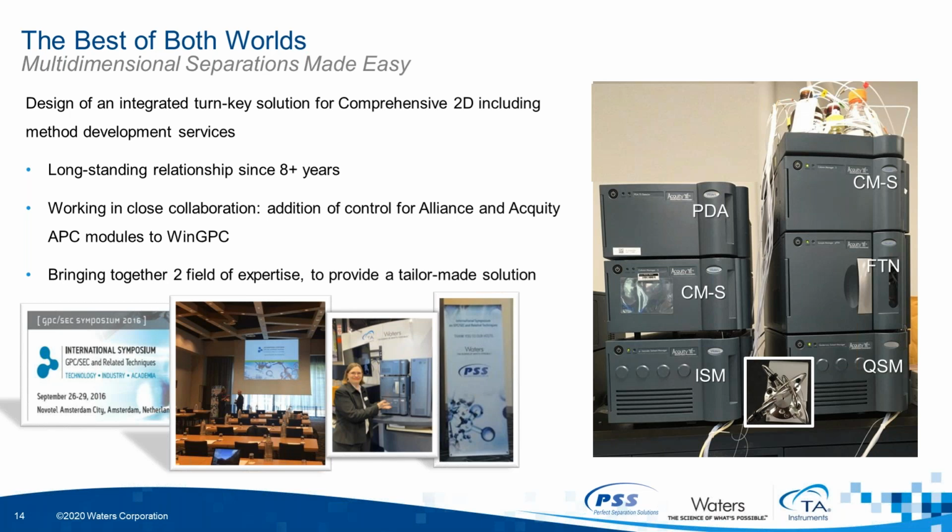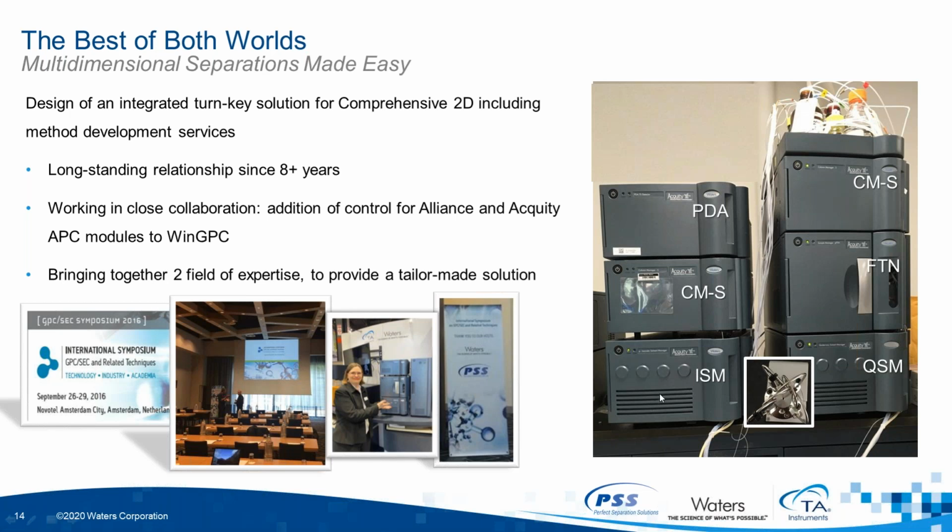Let's start with the bottom right instrument, the QSM, the Quaternary Solvent Manager. This is a low pressure gradient pump allowing us to do gradient separation. On top of it, we see the FTN, the flow-through needle sample manager or autosampler, followed by the CMS, the single zone column manager, which is housing the column for the first